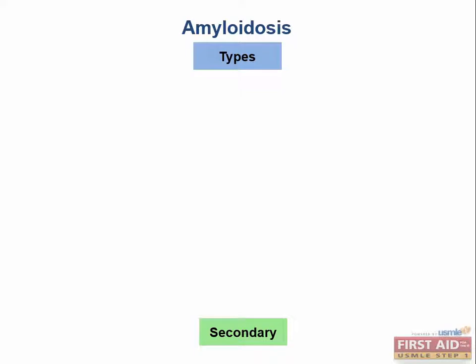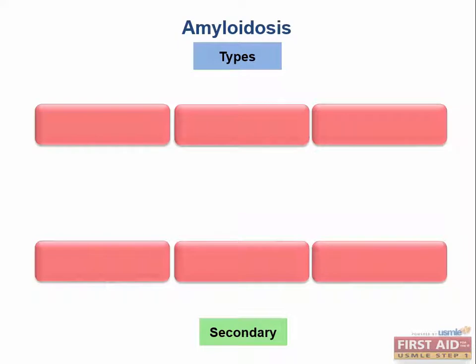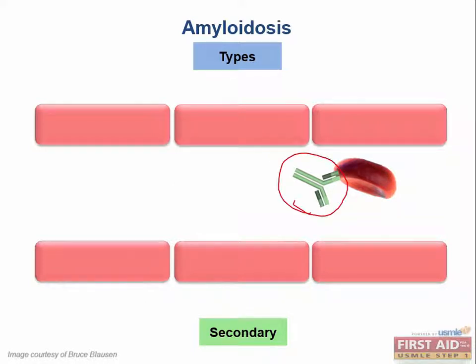Secondary is there's some stimulus for inflammation that causes it to last for a while. So chronic inflammation causing cells to release proteins that respond to the inflammation and deposit in tissues. So, what types of proteins, what types of cells? Let's say we have someone with lupus and they're attacking their own red blood cells. Well, we know that this is going to activate a certain pathway. What? The complement cascade, right? Yeah, so inflammation will be triggered and eventually we'll have a buildup of macrophages hanging around with all this inflammation